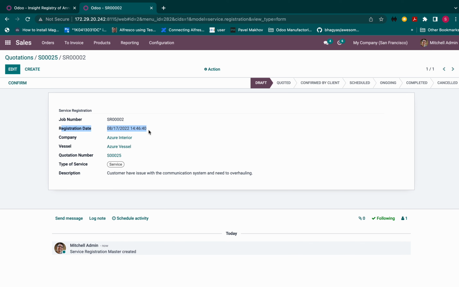What is the registered date and time for this? What company is it? What was the vessel it is representing to? Now the quotation number which you had inside your old system, and the type of service. Of course, we gave the service, so it came here automatically, and the description which you gave there has come to the screen. Now, if you also notice it, you can see that the status of this service is